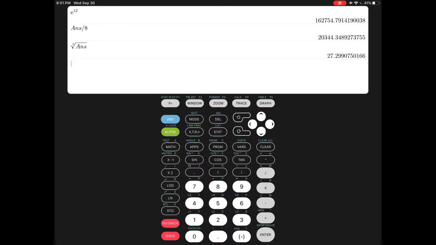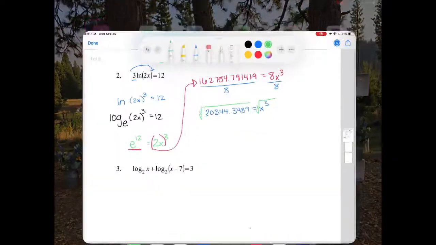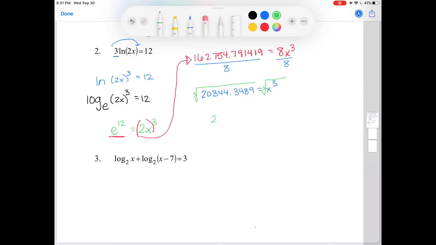And I will have 27.299. Now this is my final answer that I'm talking about. So as a rule of thumb, when you get to your final answer, I'd recommend just round to the nearest hundredth. I understand that when I round to the nearest hundredth, it's actually going to make me round my actual tenths position, but that is okay. As you do your homework and your study guide and your test, just stick to the nearest hundredth as we go through. So this would round to